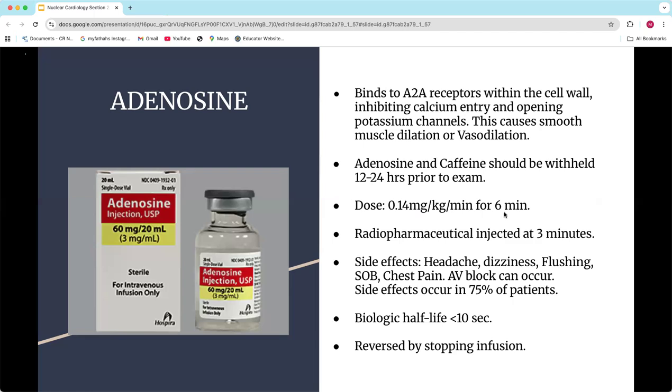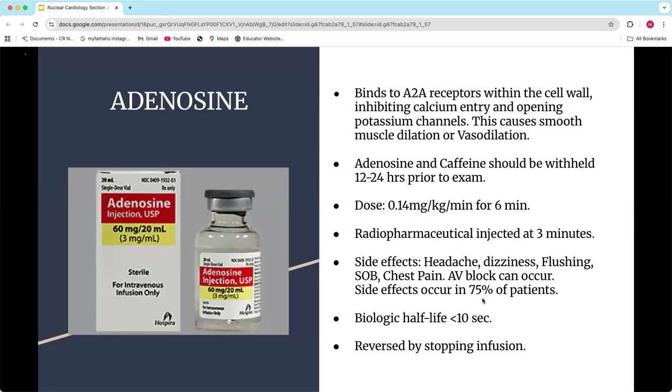Now, I will say that I included these last two side effects as things that you look for that can happen. This 75% stat is really applicable to these first ones, not necessarily the chest pain and the AV block. You're not having 75% of your patients with AV block. Those are the ones that can just occur and you can look for, but that 75% should be attached to those initial ones. So like the headache, dizziness, flushing, nausea, and things like that they can get, okay?